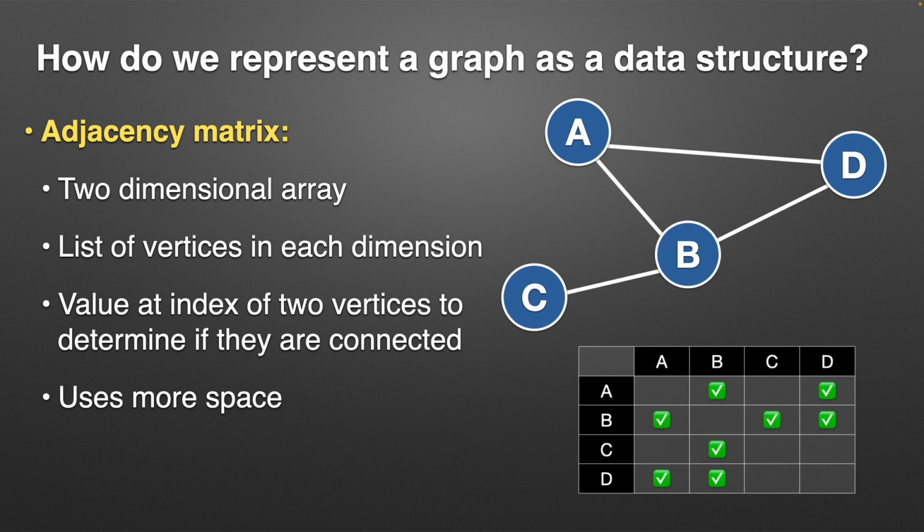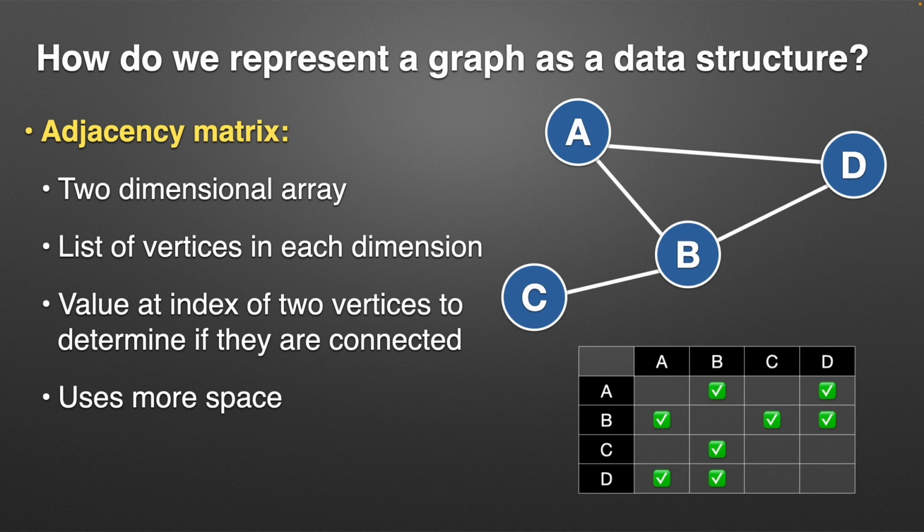And so in this approach, what we do is we just make this 2x2 matrix, a two-dimensional array, and we put all of the vertices for the rows, all of the vertices for the columns, and just a 0 or 1 if they're connected. If it's an undirected graph, this will be symmetric, so you really only need half of this. If it's directed, you can store a value to say which direction. Or you can implement a scheme where you say this is to and this is from. It's just based on how you want to implement it.